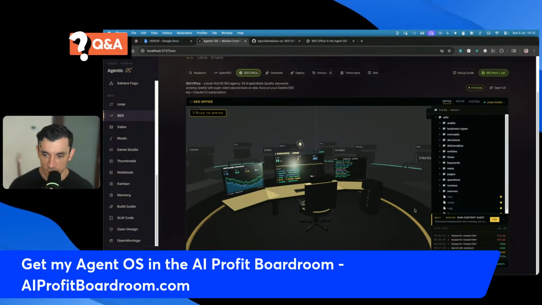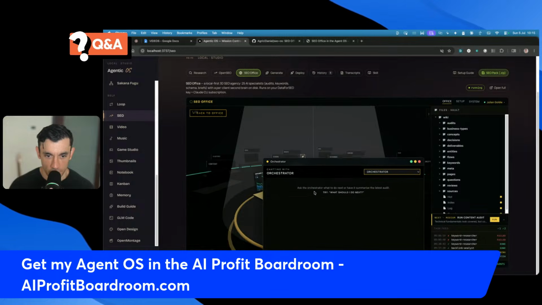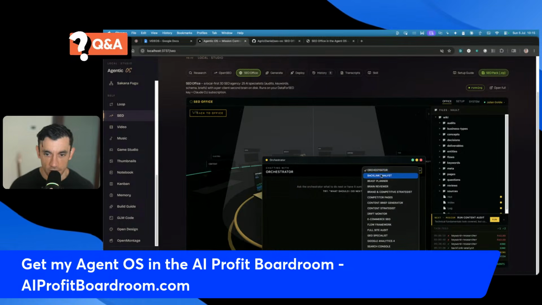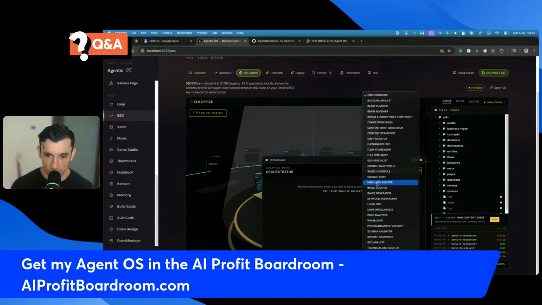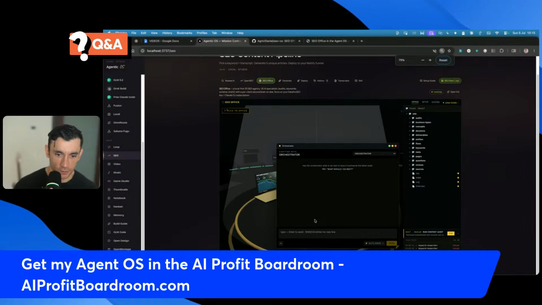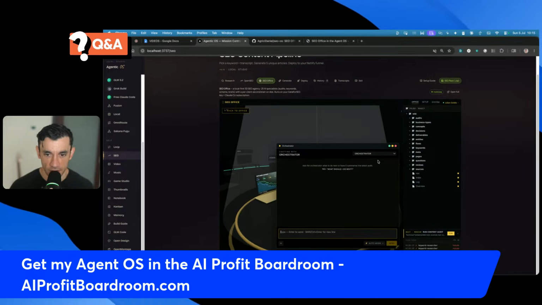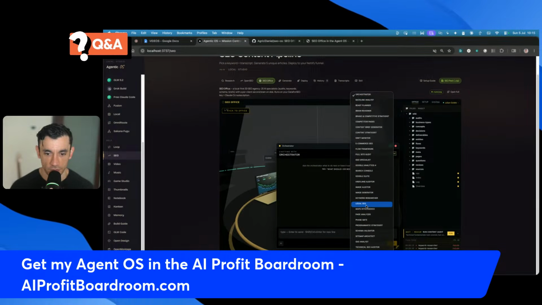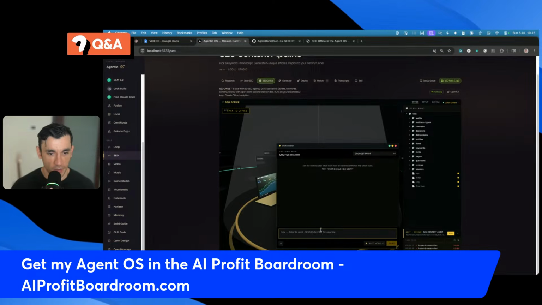It looks absolutely awesome. And then we can speak to our agents too. So this is our main orchestrator. And when we're chatting with it, we can also speak to it directly here. So we can select which one we want to use and then speak to it directly. So if we look at the orchestrator and we're like, okay, create